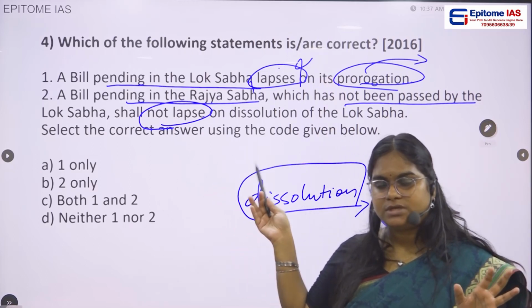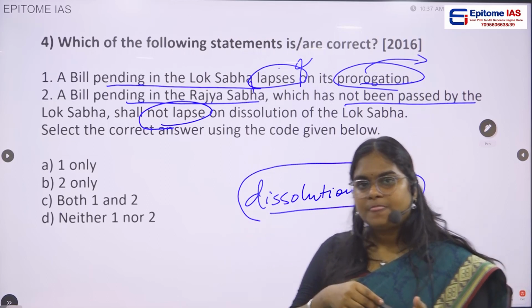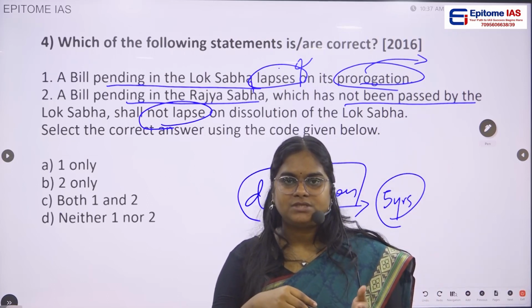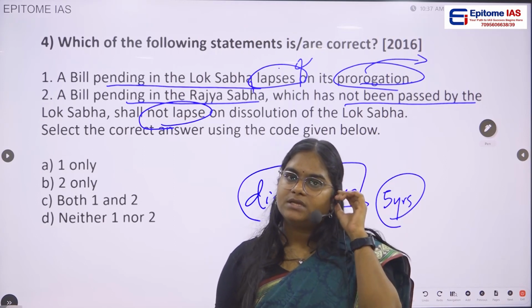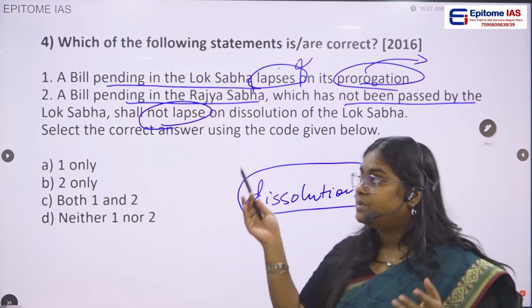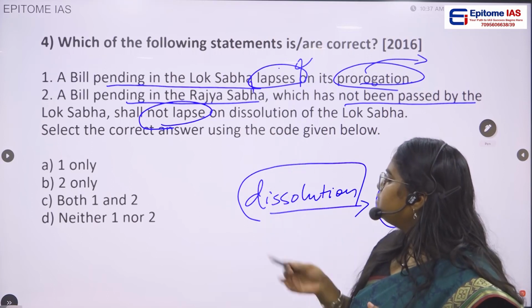The Lok Sabha is not dissolving here. Only the prorogation is happening. Prorogation is the end of that particular session. So in that case, what will happen? The bill will not lapse. So we can eliminate this option. Then